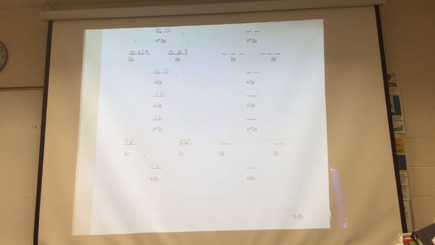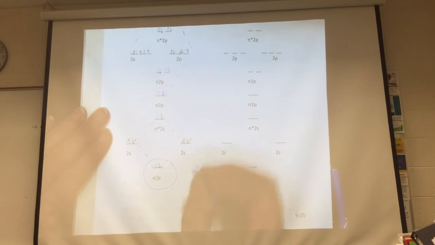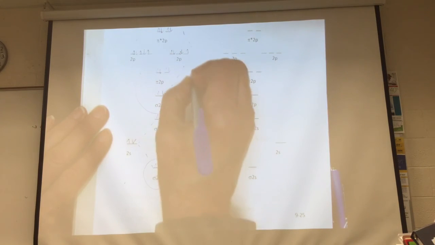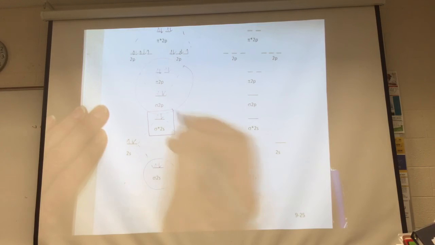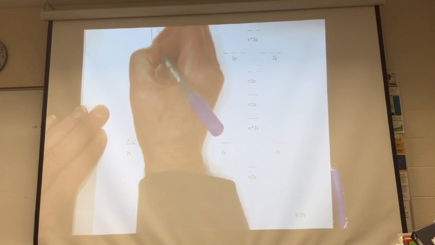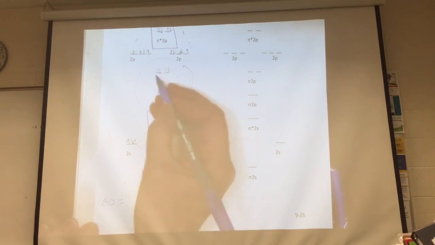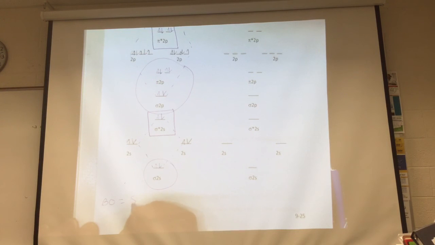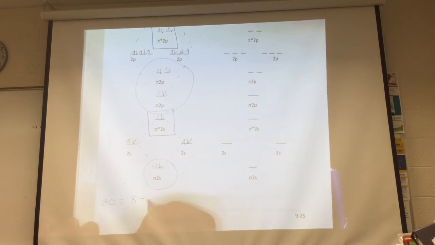Now, when we look at this to evaluate it, we find all of the bonding electrons. They are in the sigma 2s, the sigma 2p, and the pi 2p. Anti-bonding electrons are in the sigma star 2s and the pi star 2p. So the bond order, I have 2, 4, 6, 8 bonding electrons minus 2, 4, 6 anti-bonding electrons divided by 2 is equal to 2 divided by 2 is equal to